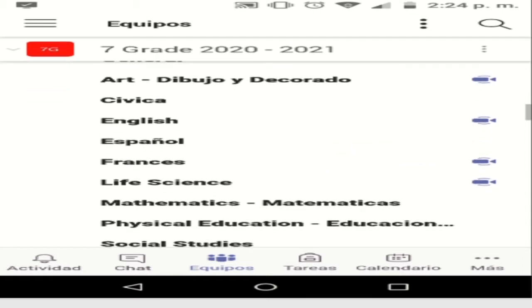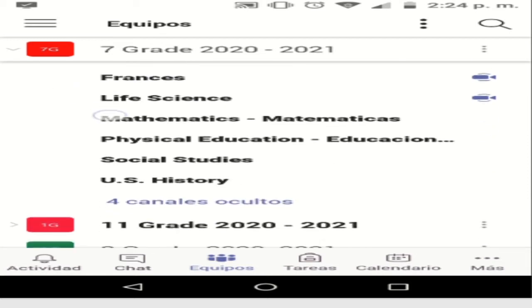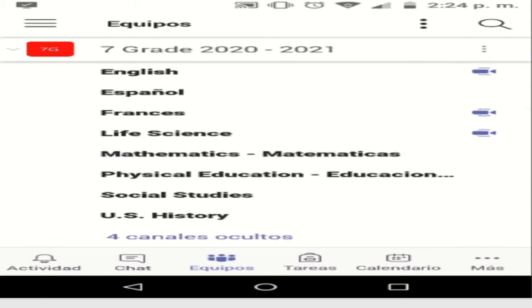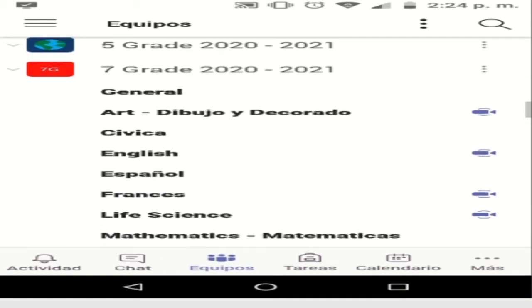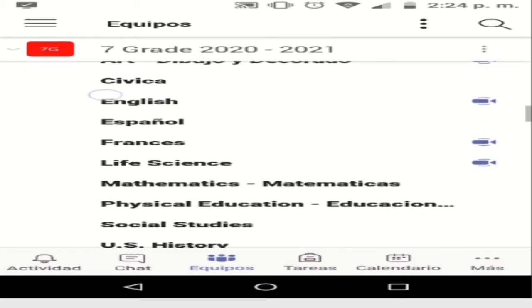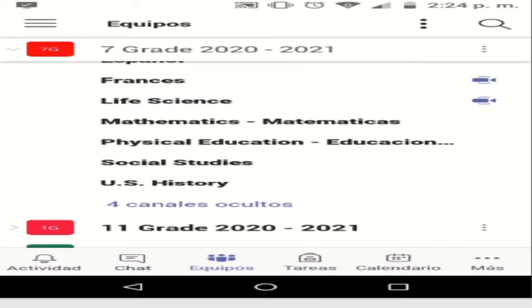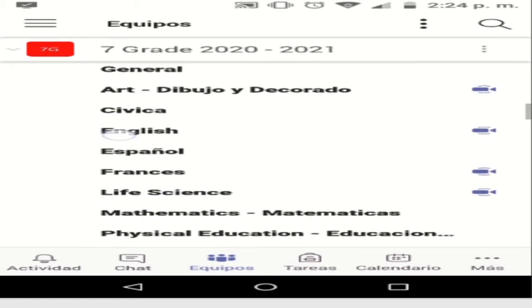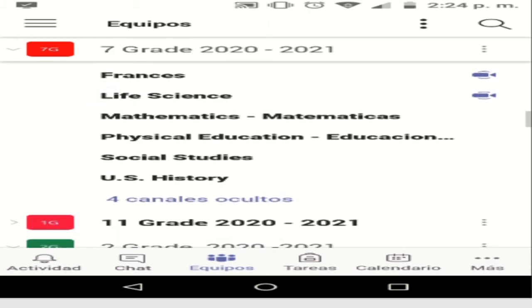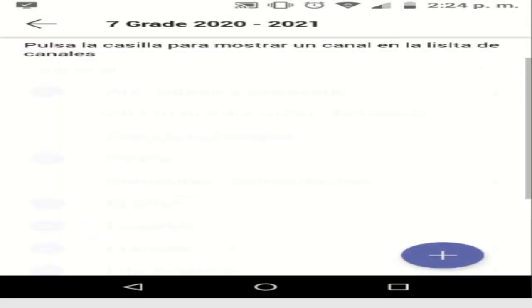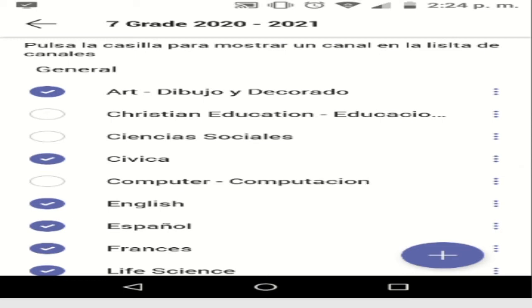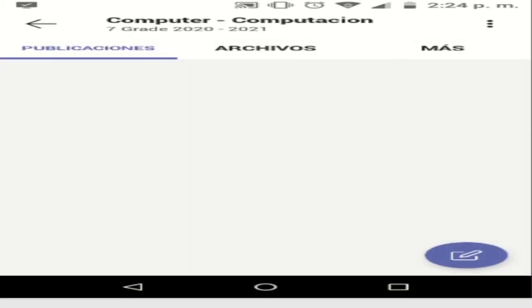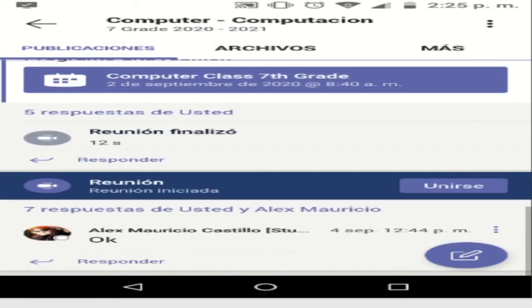Inside Microsoft Teams we're going to search for 7th grade and we're going to look for the computer class. For that, if we cannot see it over here, we are going to click on hidden channels and we're going to see over here computer. Clicking there,